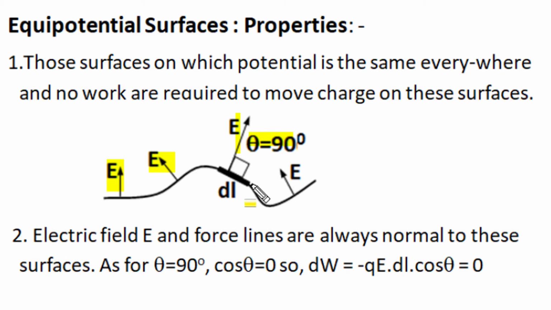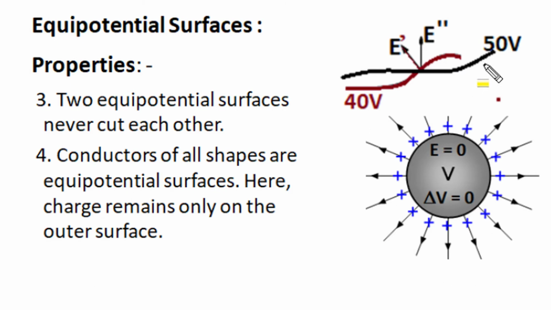So on an equipotential surface, electric field intensity or force lines are always normal to these surfaces, and at these surfaces, for the angle between electric field and displacement being 90 degrees, cos 90 is 0. So the amount of work done in moving a charge in an electric field by any displacement with a 90 degree angle is 0. Here this black line represents a surface of 50 volt identical potential, and on this red surface potential